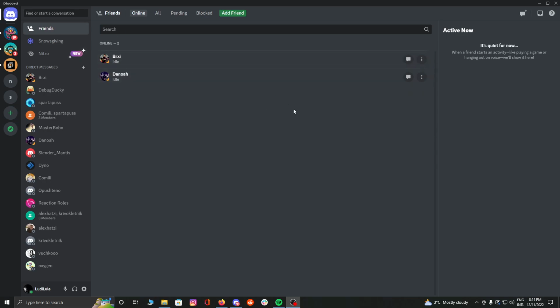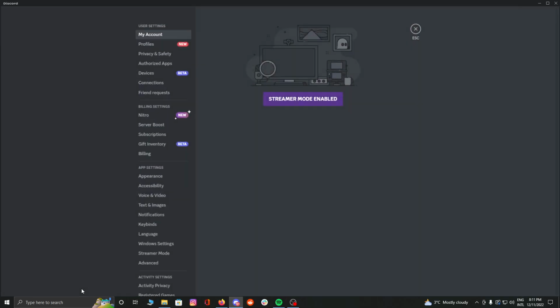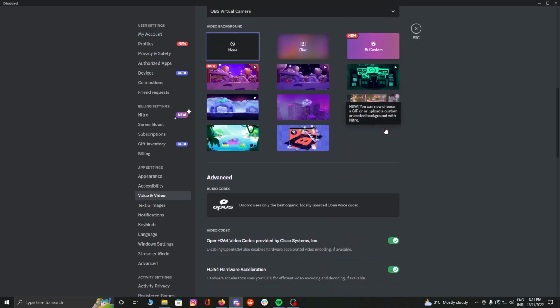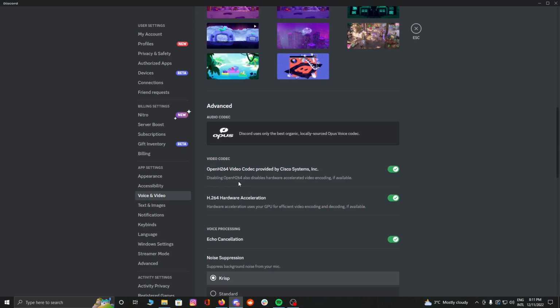So first of all, you're gonna log into your Discord account and then you're gonna find this little gear here, which is user settings. Go there. Under the app settings, you're gonna find voice and video. Enter there, scroll just a little bit, and you're gonna find the option Open